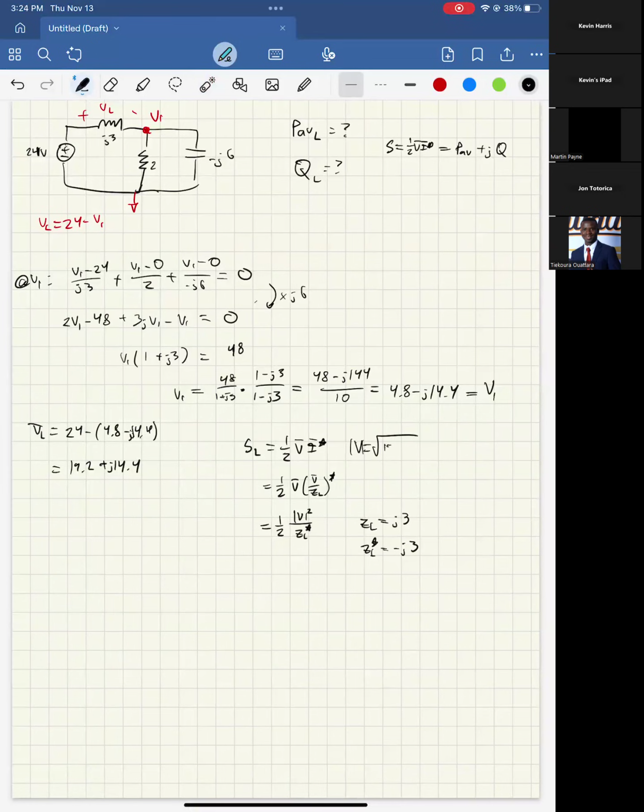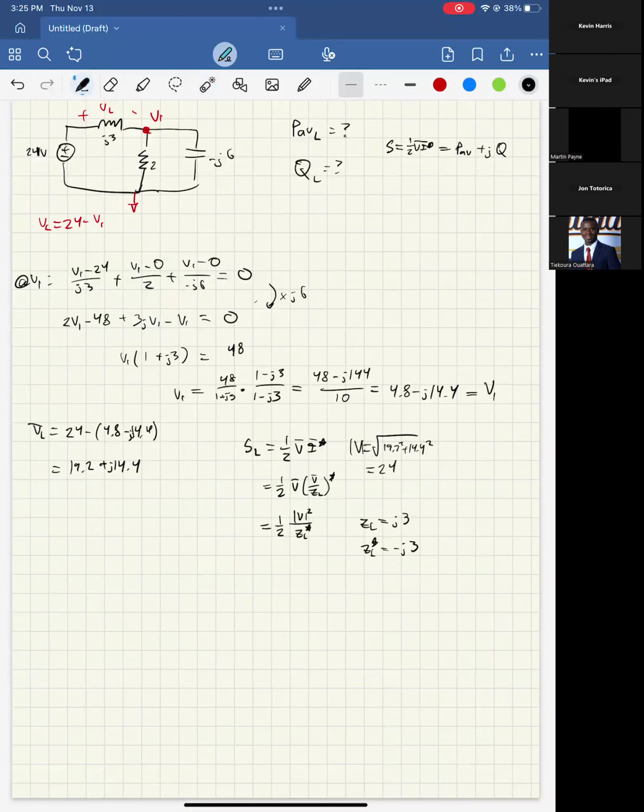is going to be 19.2 squared plus 14.4 squared, which ends up being, let's see if they have that here. It ends up being, oh, really? Just 24? I think it's just 24. That's nice. Yeah, so it's 24. And then 24 squared over